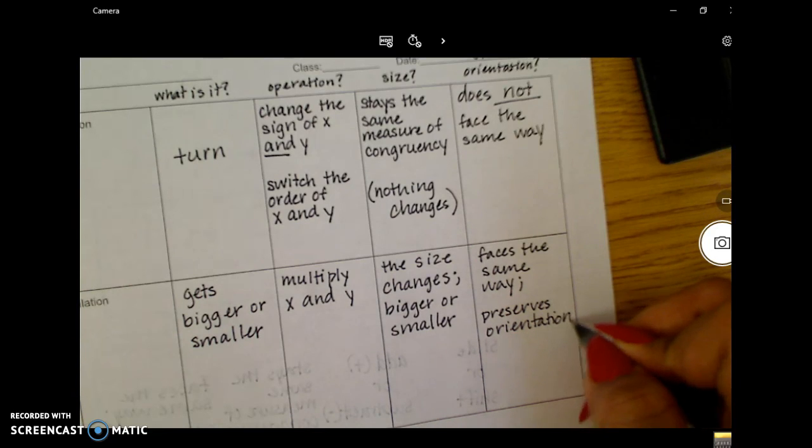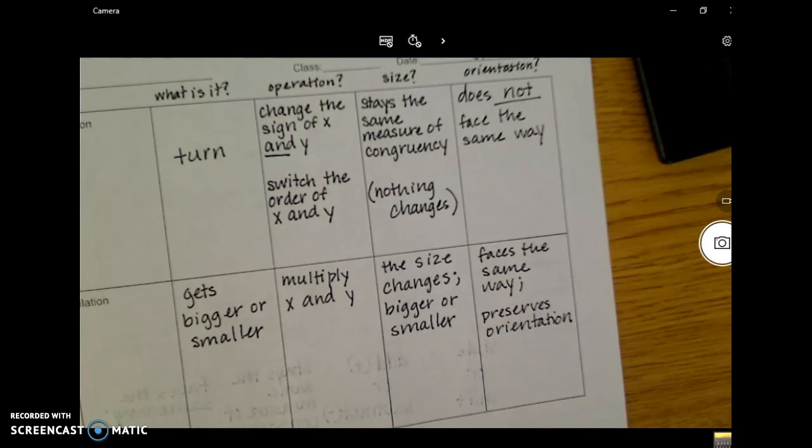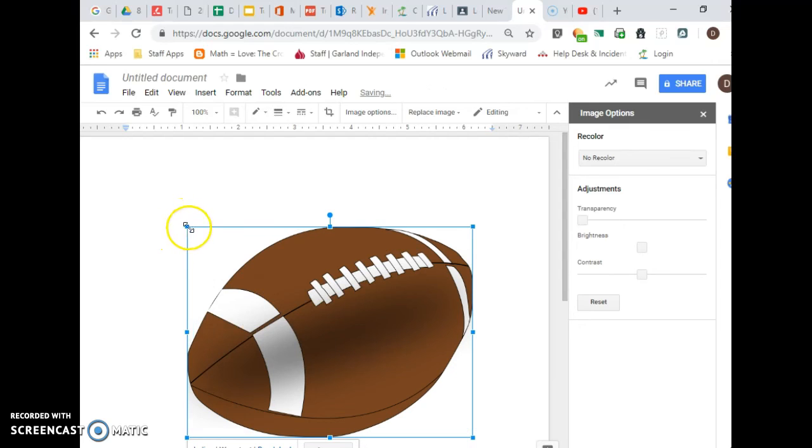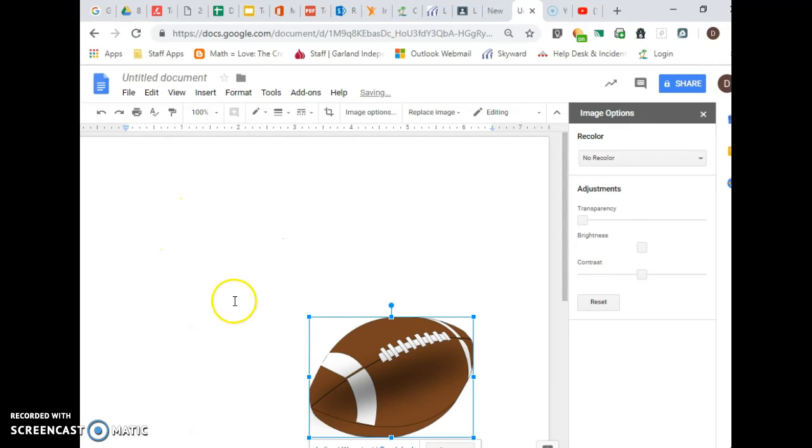Let's take a look at an example using our football. And we see with our football example, dilation is when it gets bigger or when it gets smaller. Notice